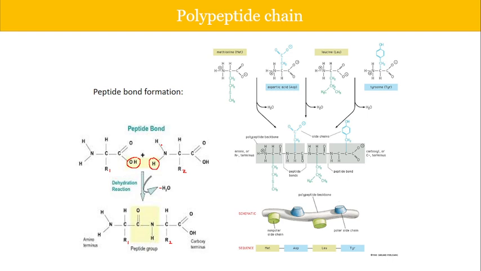In this manner the process repeats, and you can see from this structure what I was telling you in my previous slide about the backbone, that is N, C, C. This is your alpha carbon, and this is a part of your carboxylic acid. This is a part of your amine, and then the process gets repeated. This is another alpha carbon.